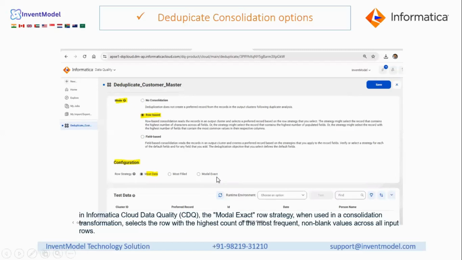So we have to be very cautious while selecting modal exact. It will just look at the number of counts of the most frequently used record, and although it is wrong, it will still select it. So modal exact is based on the most frequent non-blank value. Most fields means out of multiple